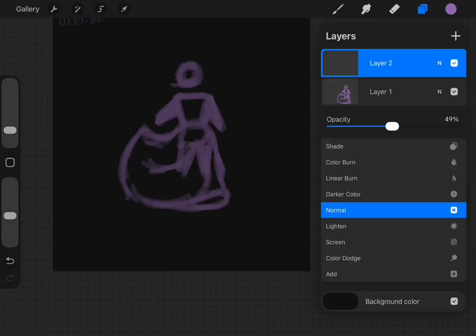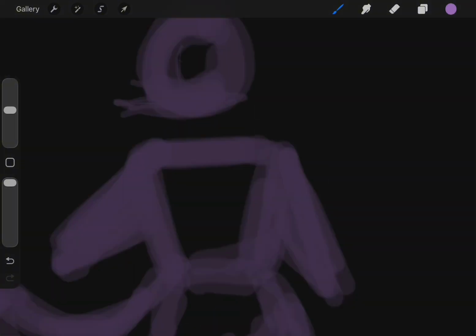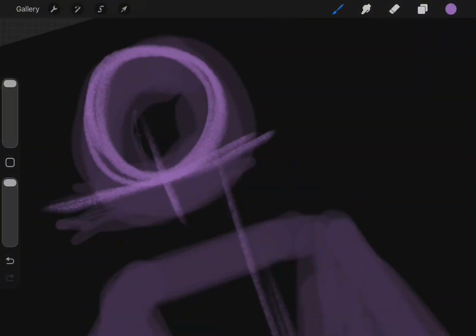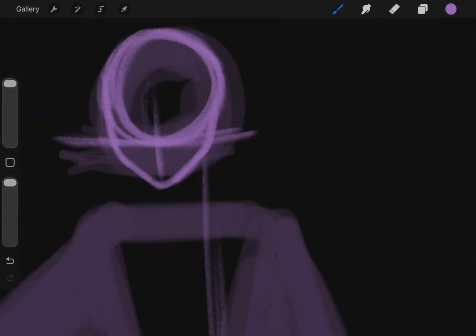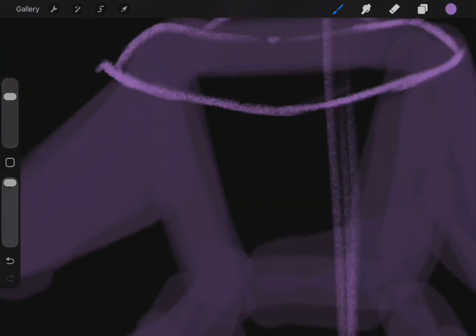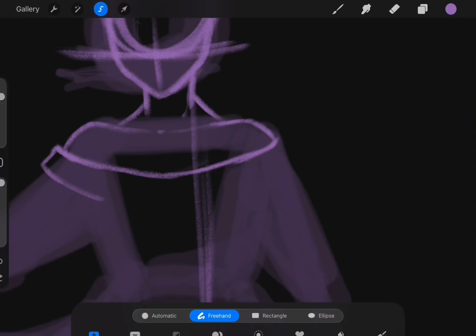So let's begin. The first word is ball, and as you can see, I'm drawing somebody in a ballroom dance type of thing. You know, just vibes. Because I didn't want to draw just a ball, because that's boring. So we're drawing Evelyn, and she's in a ball gown, and she's at a dance.